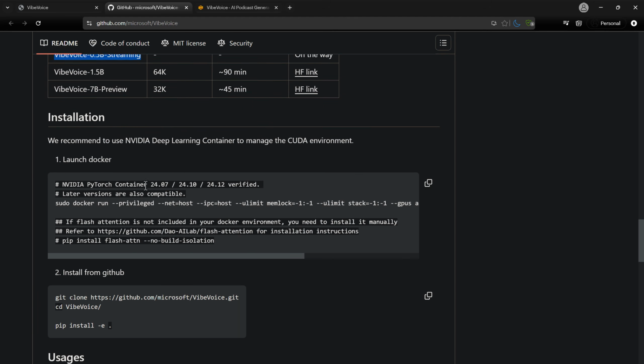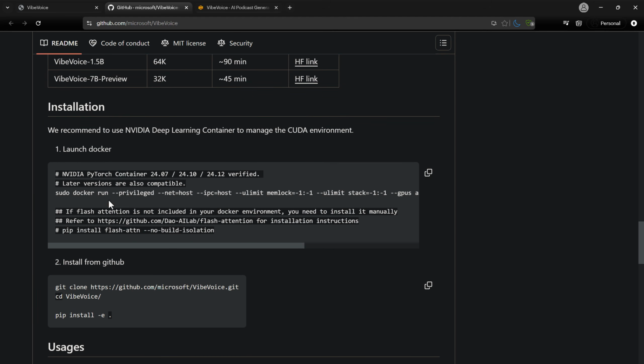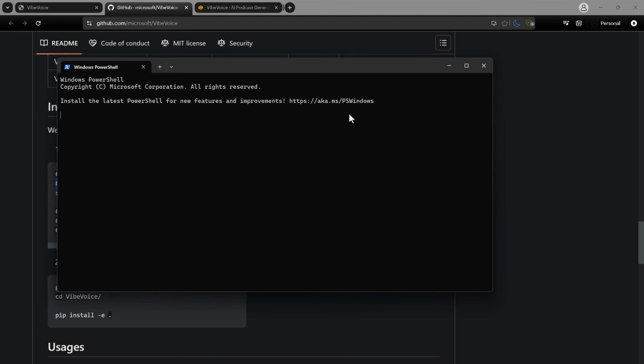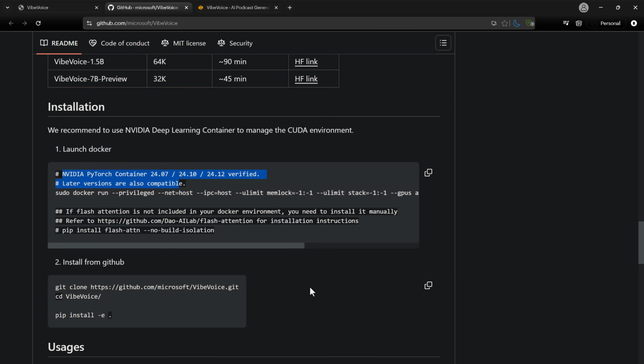All right. Now, how can you install this? The first thing you have to do is either use a Docker container, the NVIDIA PyTorch Docker container, to host this application. Otherwise, you can use WSL2 on your Windows. Do remember, you cannot just simply open your terminal and run this. This is not going to run in PowerShell. So you have to use the Windows WSL2 setup.